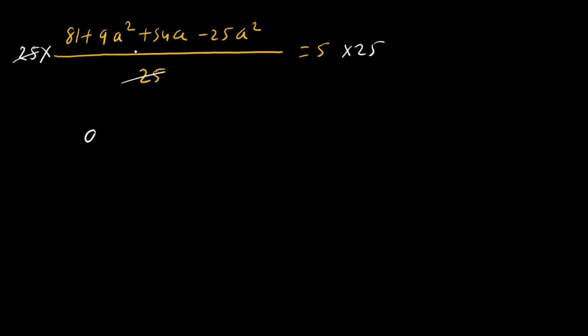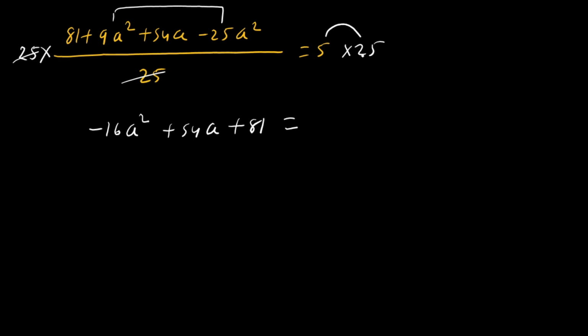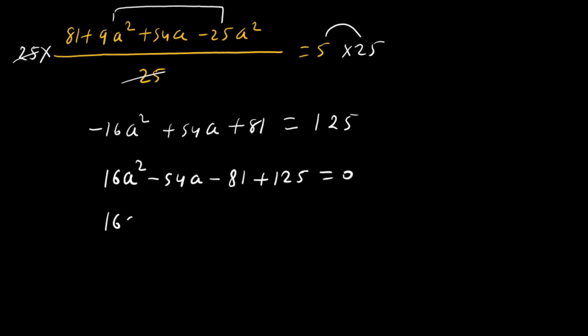Then here 9 times a square minus 25 times a square is minus 16 times a square, and plus 54 times a plus 81, and this is equal to 5 into 25, that is 125. Now if we take all the expression to the same side, then 16 times a square minus 54 times a minus 81 plus 125 is equal to 0. Then 16a square minus 54a minus 81 plus 125, that is plus 44, and this is